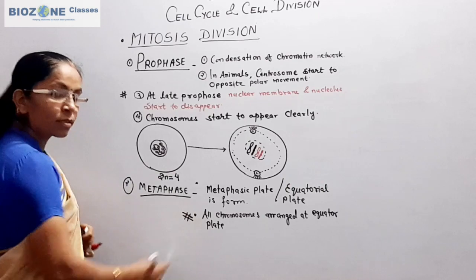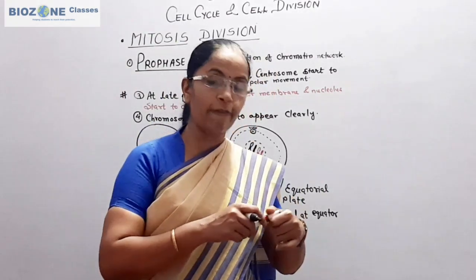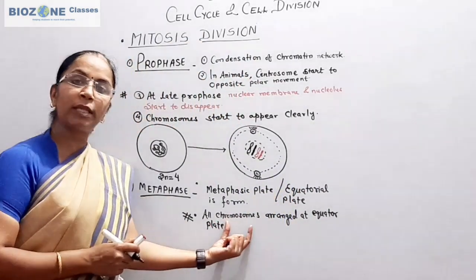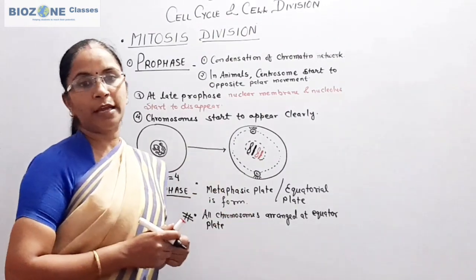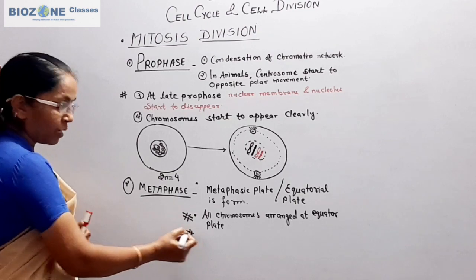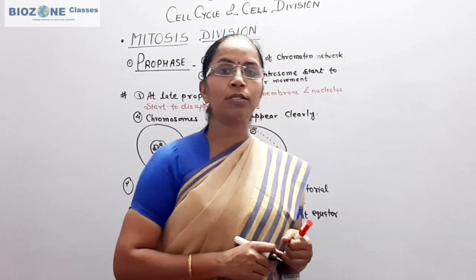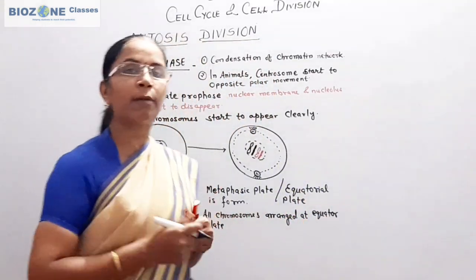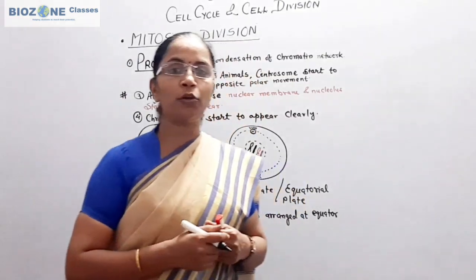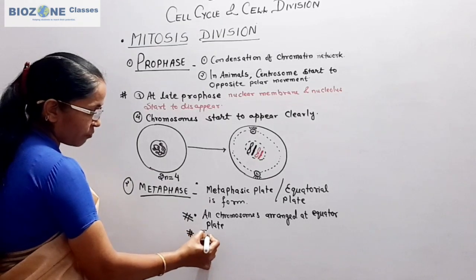This feature also asks for the identical feature of the metaphase under the microscope. How can you identify that a cell is undergoing metaphase? All the chromosomes with their centromere are arranged at the equator plate or metaphasic plate. Secondly, an important feature of metaphase: the phase is used for counting the number and studying the morphology. If you count the number of chromosomes in a cell, you use only one phase, that is metaphase. So you remember this phase